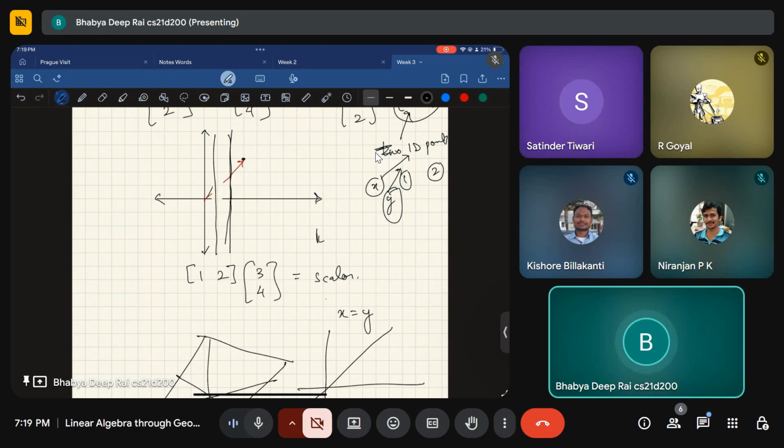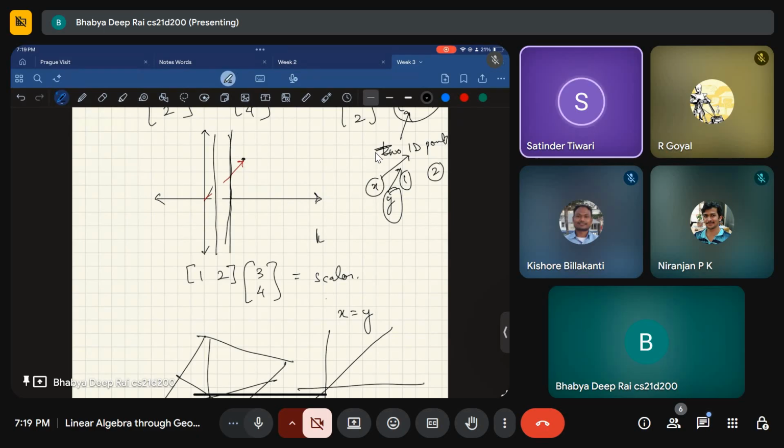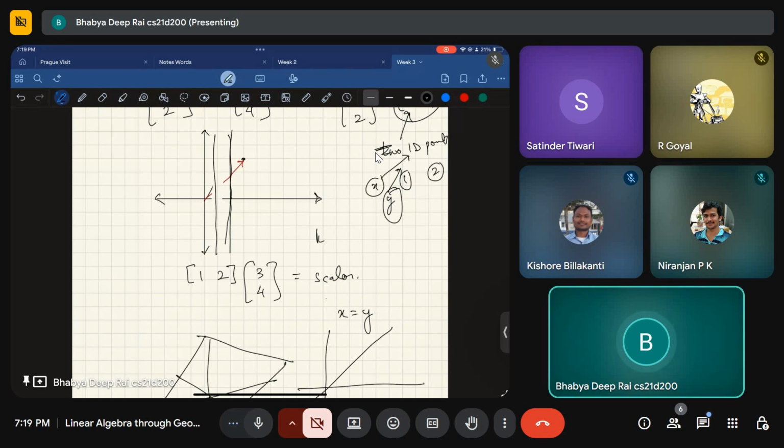As far as I understand, it's about how closely these vectors are pointing in the same direction. That is all you can actually understand from it. But if you can get the exact dot product value somewhere in the graph, it'll be interesting. I'll check it out. Okay, thank you, sir.